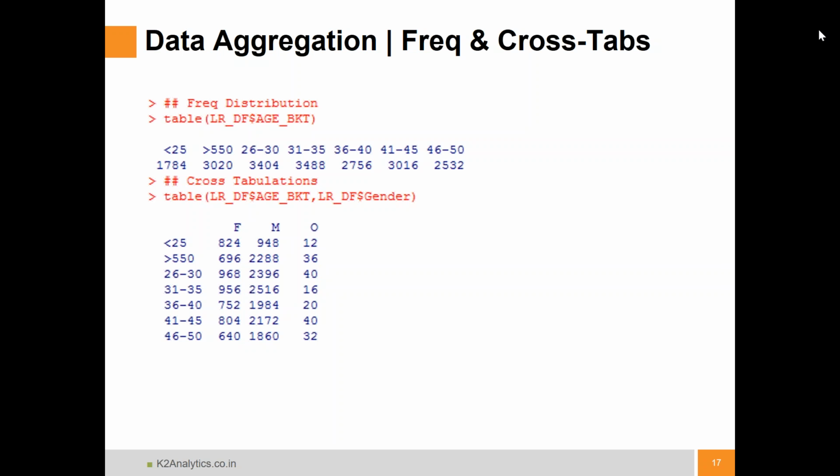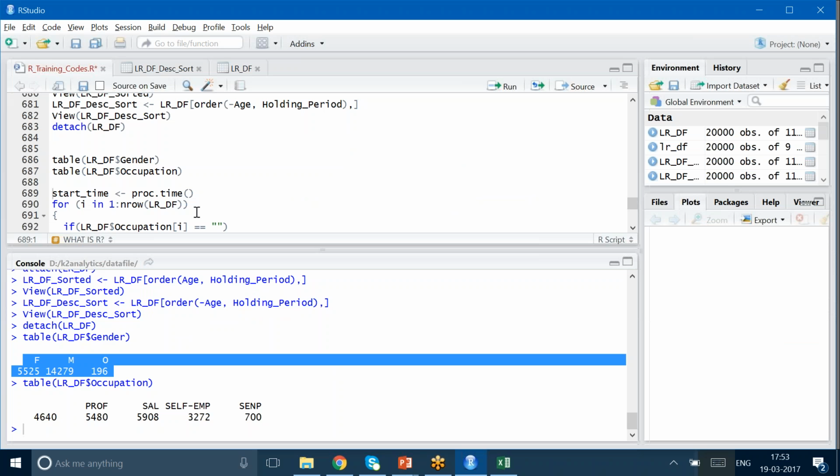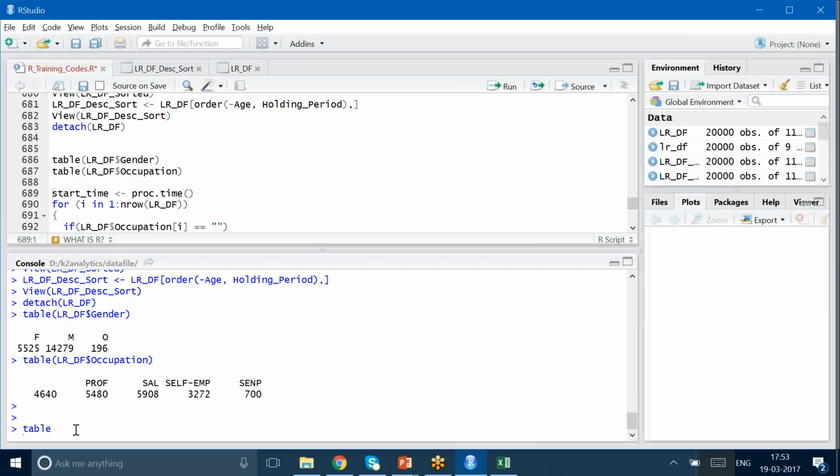When you see two categorical variables together, it is called a cross-tab. Okay, that's a technical term, cross-tabulation. To do a cross-tab, the syntax is again the same, table, but the only thing is you have to pass two parameters. So if I want to do a cross-tab between gender and occupation, I'll say